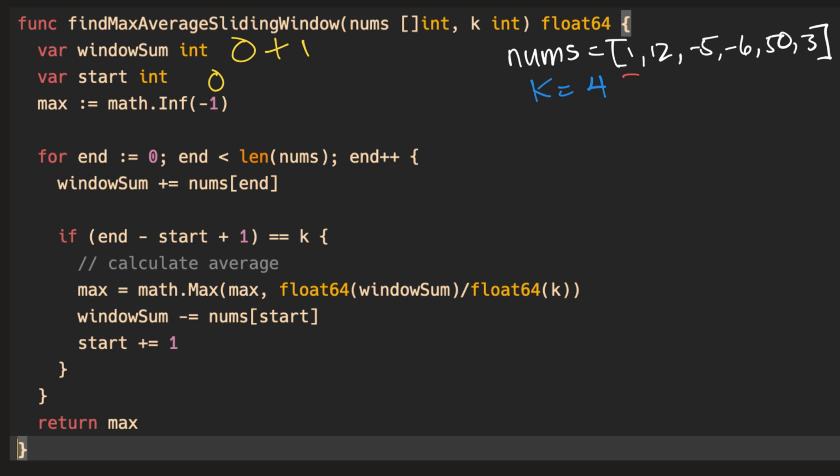So the reason we're not doing any code in here until our window size equals k is because, of course, we want to calculate the maximum average for window size of k. So until we get to the window size of k, we don't want to calculate the average. We just want to keep adding the value to our window sum. So that's why here we're at index 0, we add the value 1 to our window sum, and we don't do this code. We just move back up to the top of the for loop,